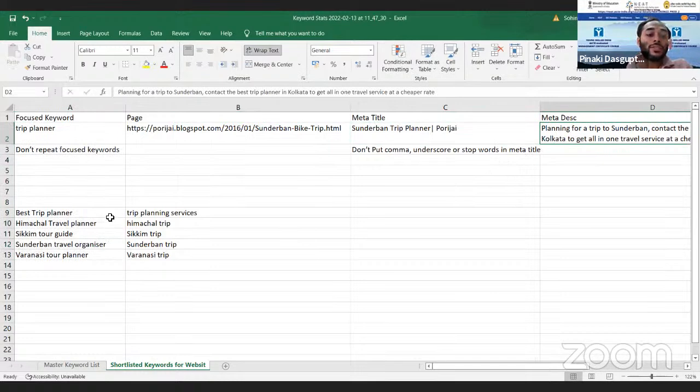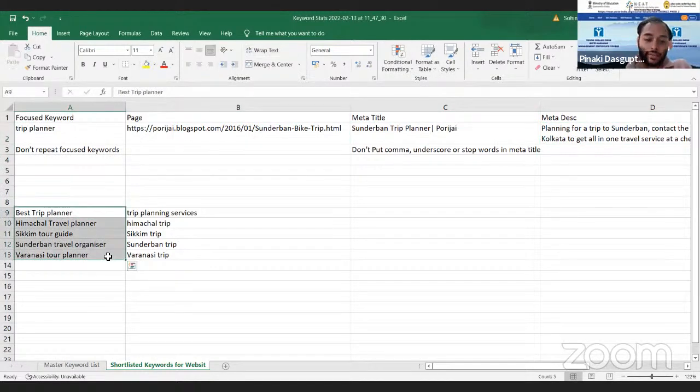But if you consider it as a secondary keyword, in that case, you can mention these keywords in the body content. It is not like you have already used this keyword here, so you can't write any blog according to these keywords. But you can't use it as the focus keyword of that blog. You can use this keyword in the body content of the blog. That is no issue.